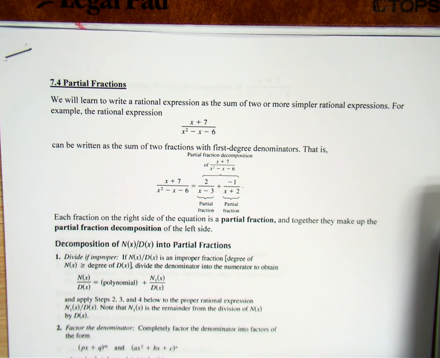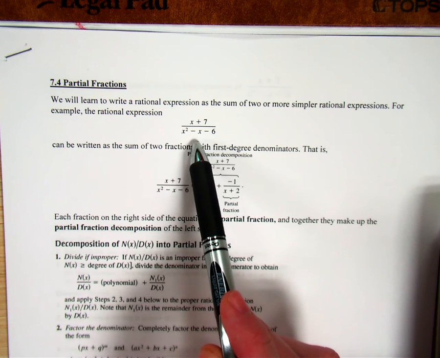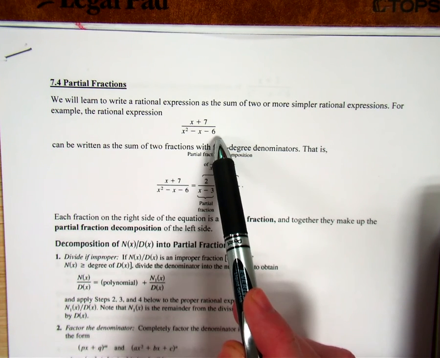Pre-calc. Here we are with 7.4, partial fractions. We will learn to write a rational expression as the sum of two or more simpler rational expressions. For example, the rational expression x plus 7 over x squared minus x minus 6 can be written as the